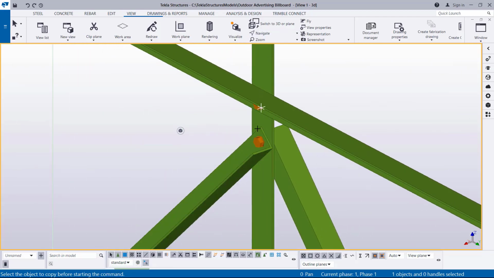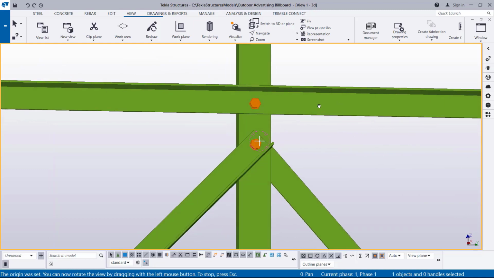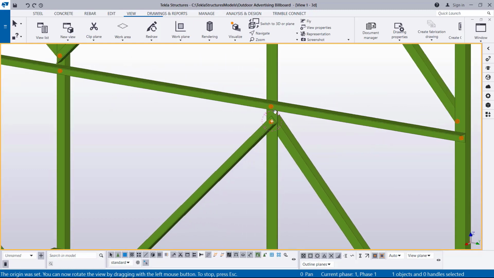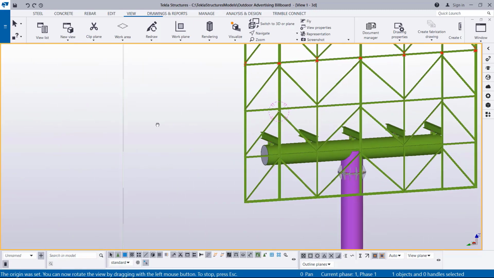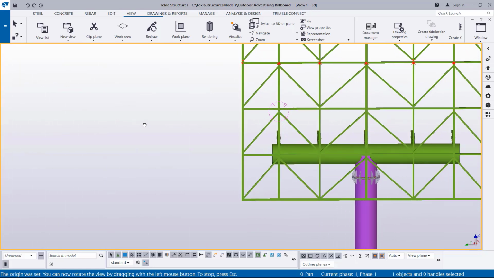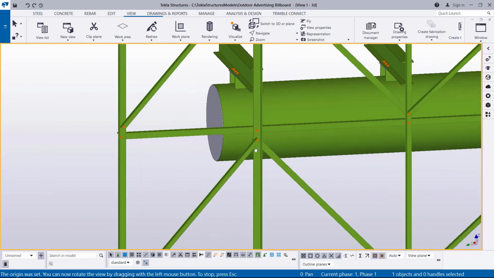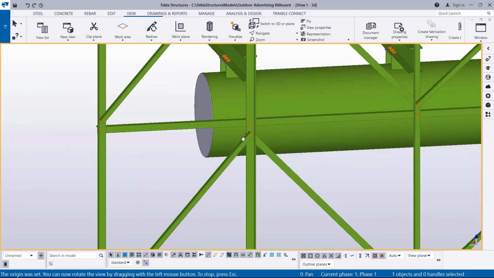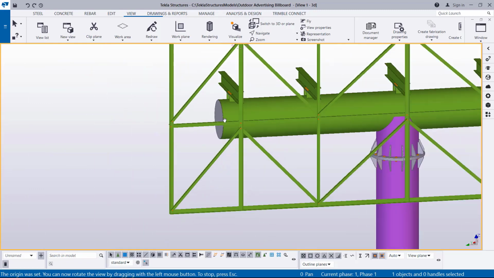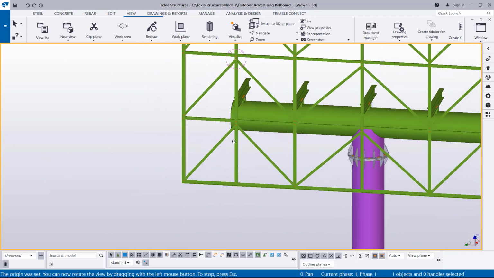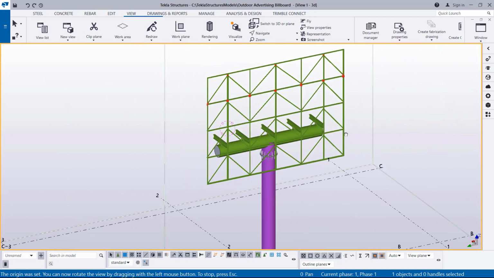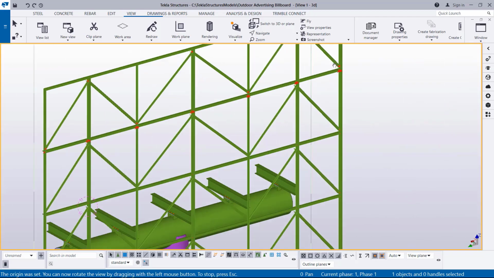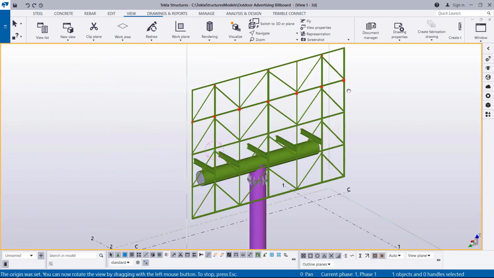So let me just come to navigate, and you can see I have the bolts in place for bracings here. So that's how you detail a simple steel frame for an advertising billboard like this. So this is how it looks, and let's meet then on the next presentation, where we'll move further on how